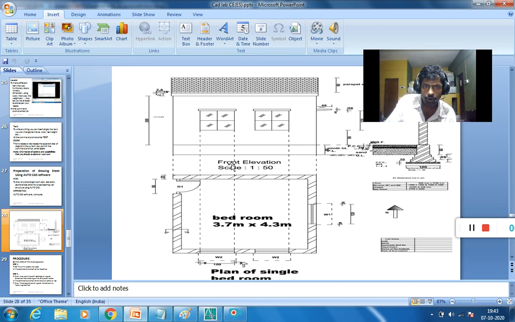And the front elevation generally is drawn where the main entry is situated. So at this portion the elevation is drawn.